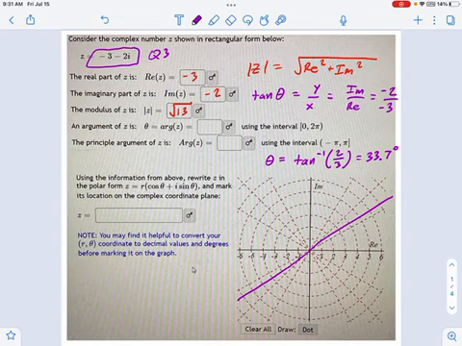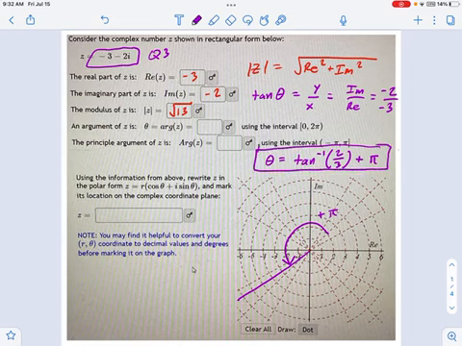So how do we do that? Well, I would just ask you, what is the angular distance between these two lines? Right? How do we do that? It's just plus pi. That's how you just get between them. So what I'm going to do is I'm going to fidget with this a little bit, and I'm going to say, okay, inverse tangent 2/3 is quadrant 1. I don't like that. But if I add pi to it, now I am a quadrant 3 angle. So this is what you have to do right here. You have to say, is this inverse tangent, according to a calculator, going to land me in the right place?